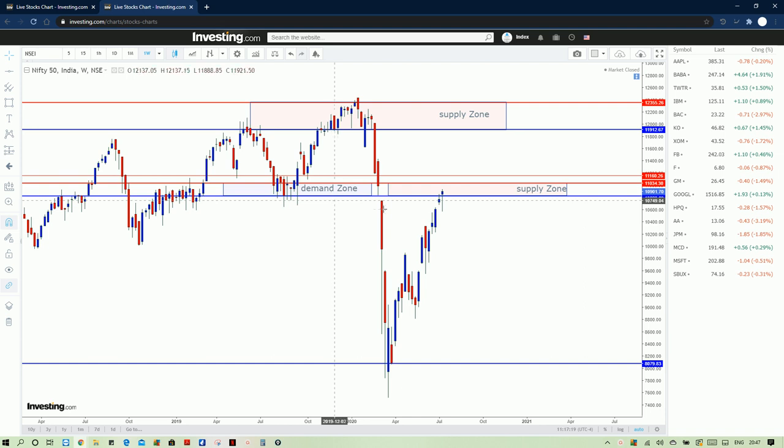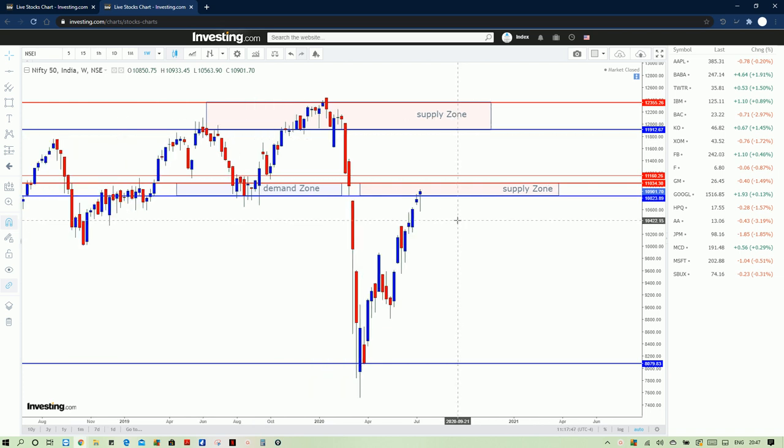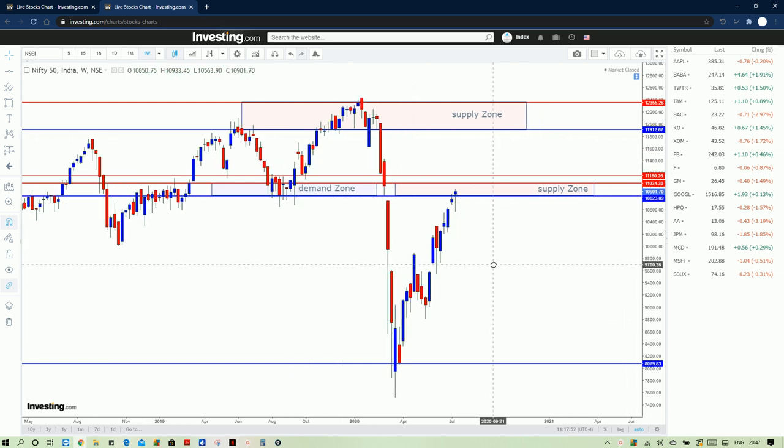where the accumulation happened. So Nifty faced some resistance here. After that you can see it has now entered this particular zone because of the closing above this particular point, that is 10,823. So now it is completely in a supply zone. So it has to break this zone with huge volume so that it can move above this level for the next higher movement. So that is how you need to identify the zones for a particular index as well as the stock.